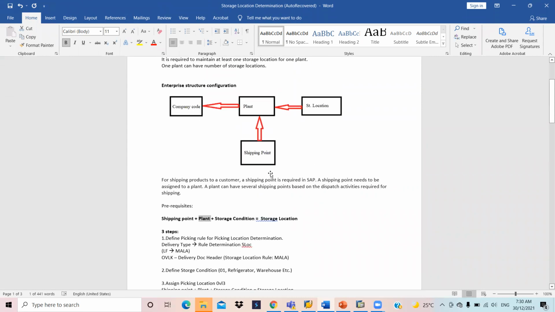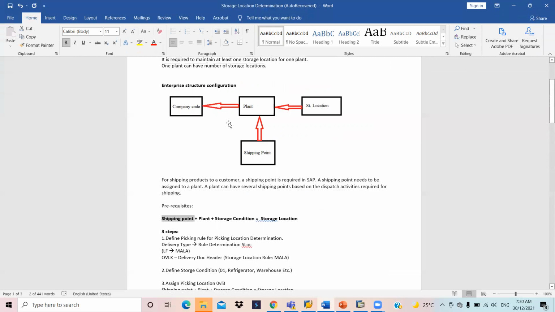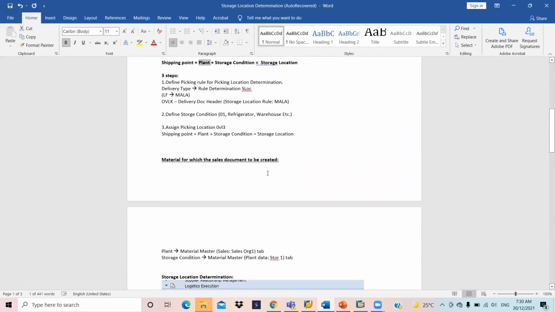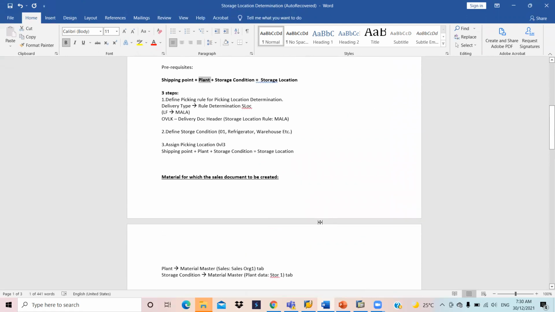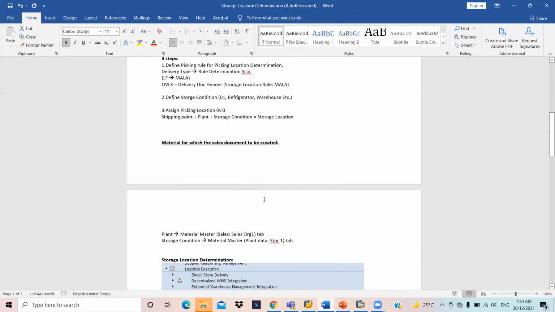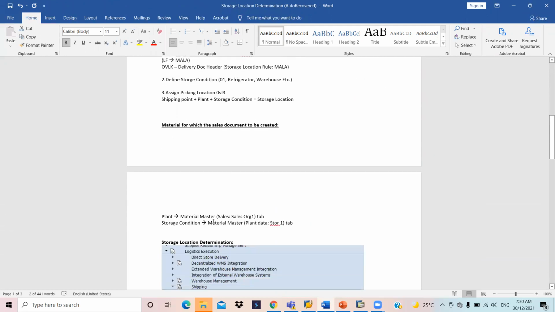The shipping point is directly pulled from this configuration according to the plant. The plant data is determined from the material master sales org 1 tab, and the storage condition is determined from the material master plant data storage 1 tab.